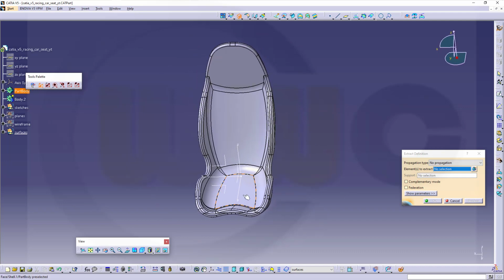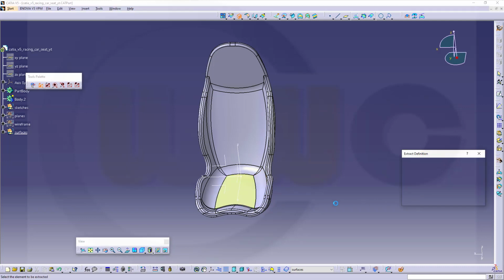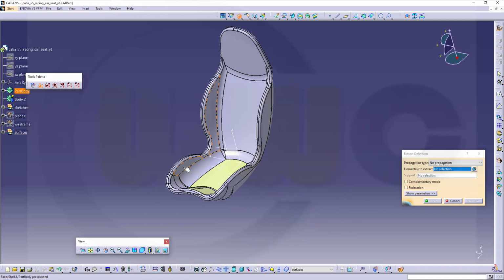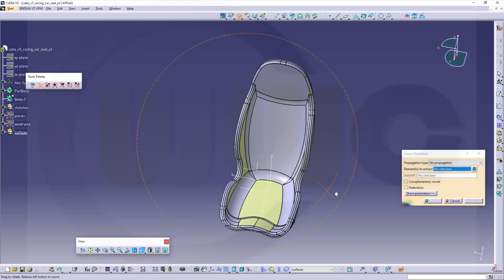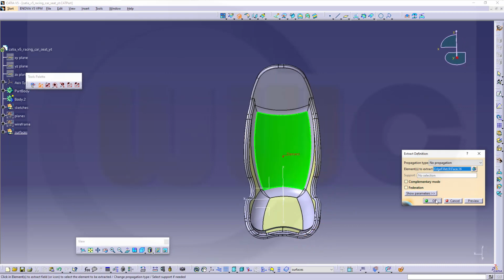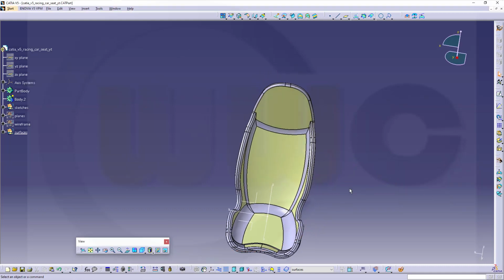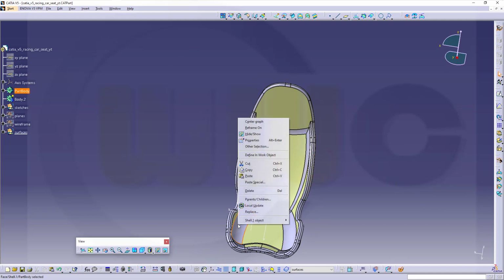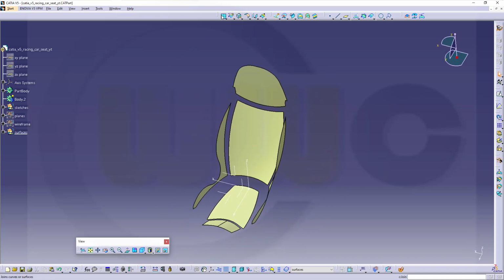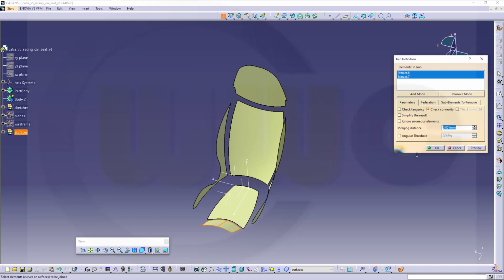I could of course extract this one, then extract those two, this one, that one, and this one, and that one, and cancel. Now I could hide that body, and I need to join those two. Okay,